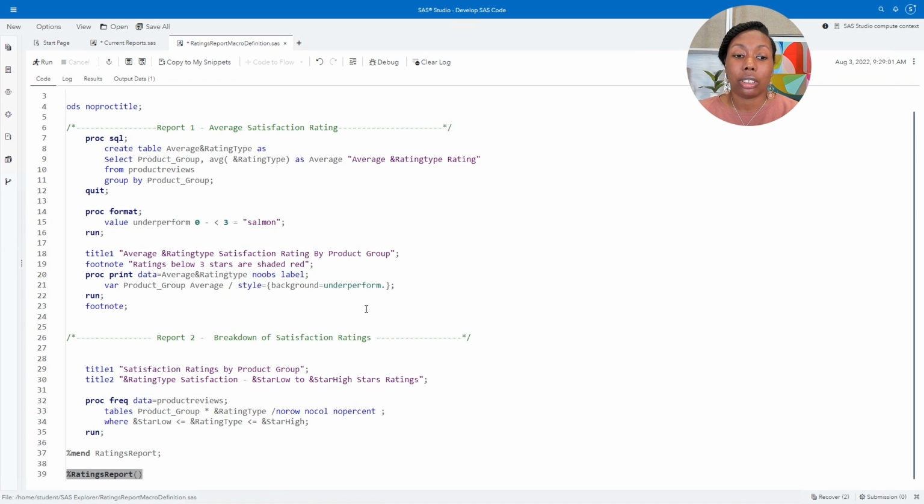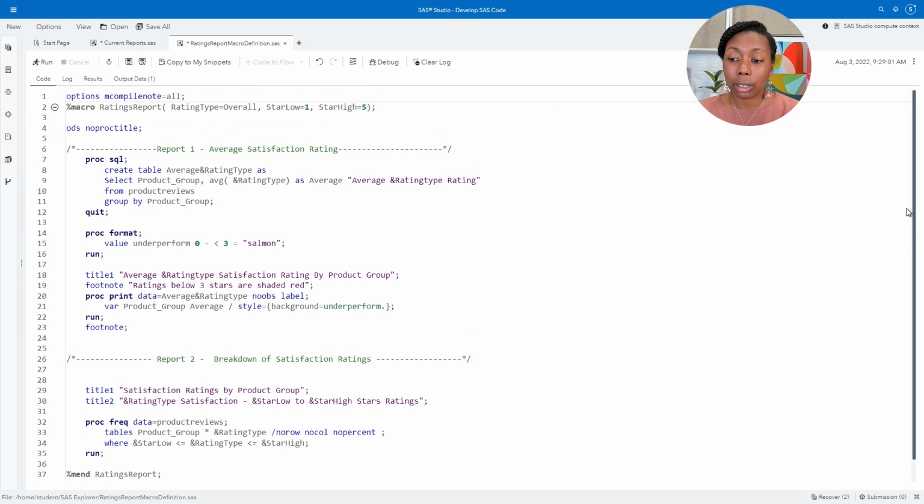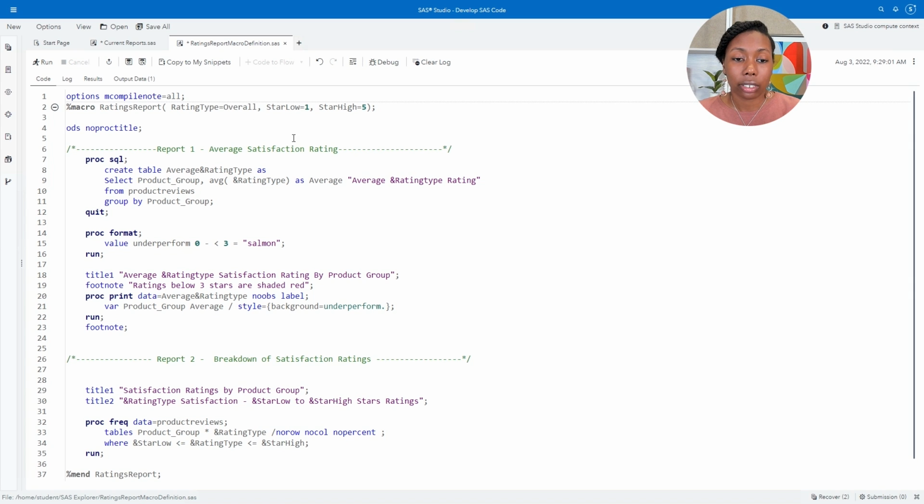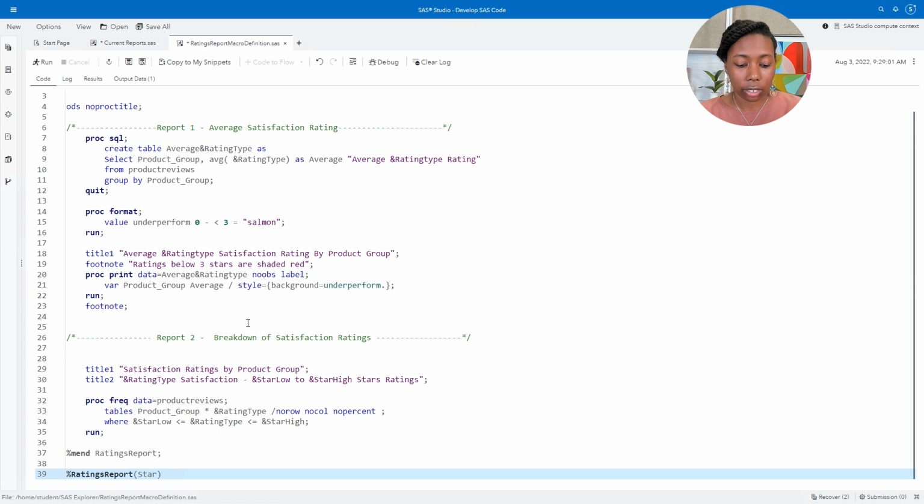If I had chosen to maybe look at just my reviews that were 1 to 3 stars, going back over to my macro definition call, I would need to specify the names of the macro variables and then the values that I want, because they are keyword parameters. So I need to write in the keyword and then the value. So maybe I want to do star 1 to 3. Within the parentheses, we'll write in star low equals